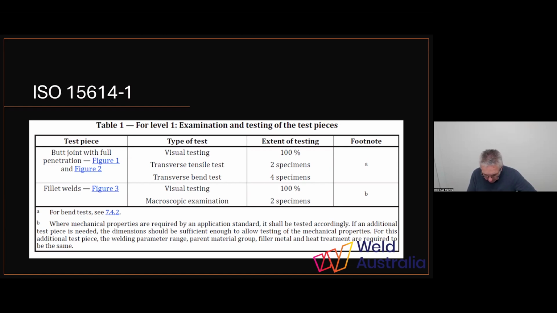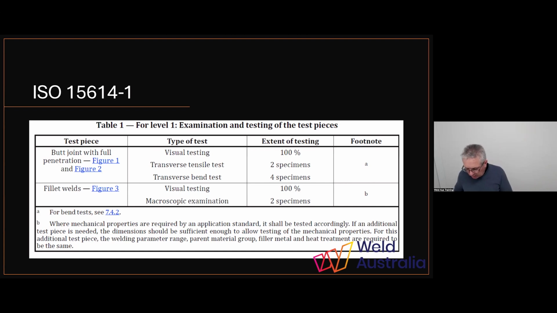Fillet welds, we're required to do visual testing 100%. And then your macro, you need 2 specimens out of that. It says there B, the mechanical properties required by the application standard shall be tested accordingly. In additional test pieces needed, the dimensions should be sufficient to allow testing of mechanical properties. For this additional test piece, the welding parameter range, parent metal group, filler metal, and heat treatment are required to be the same. So fillet welds at the moment for a level 1, all we're required to do is visual examination, 2 macros. But if we look at level 2,